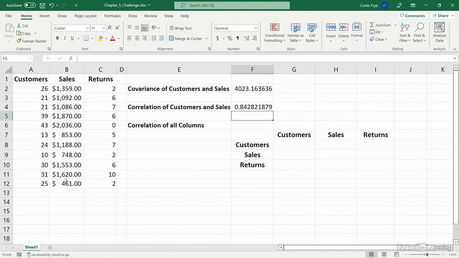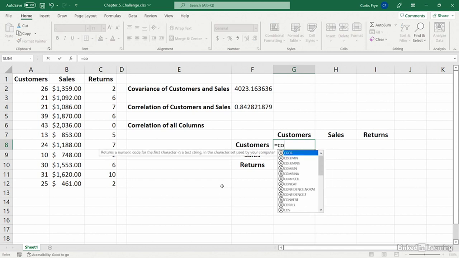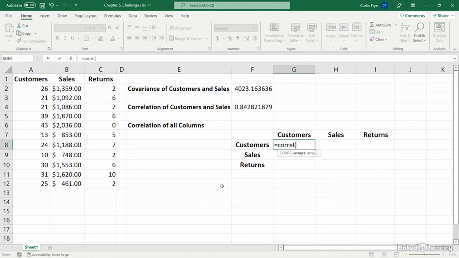So I'll start by clicking on cell G8, and I want to create a formula that will calculate the correlation of the customers column, column A, with itself. And I'll be able to copy that formula throughout the rest of the grid and find correlations between every pair of columns. So in G8, I'll type equal, and then CORREL, C-O-R-R-E-L, left parentheses, and array 1 is A2 through